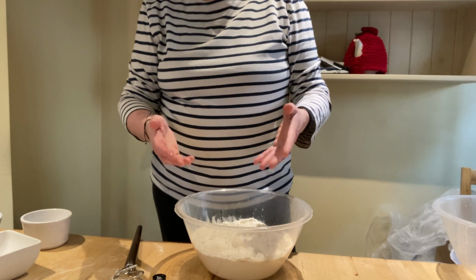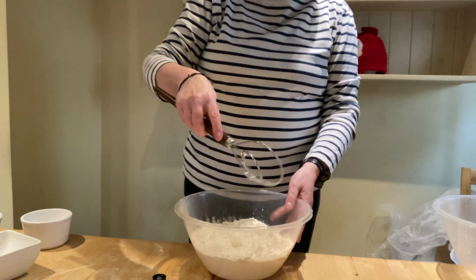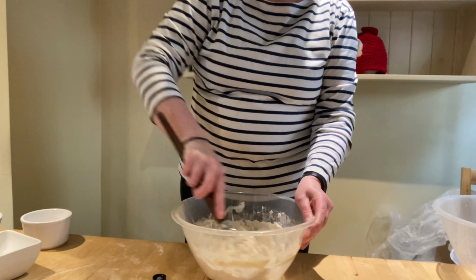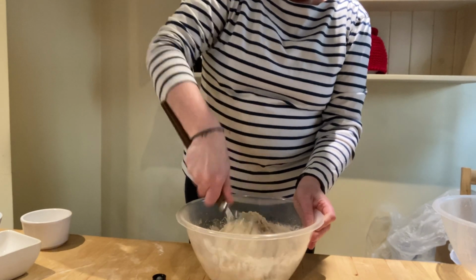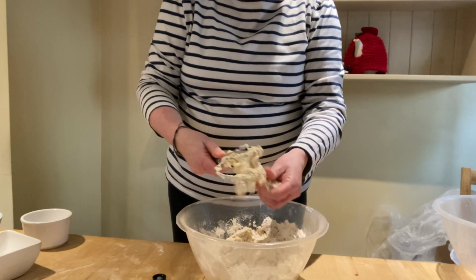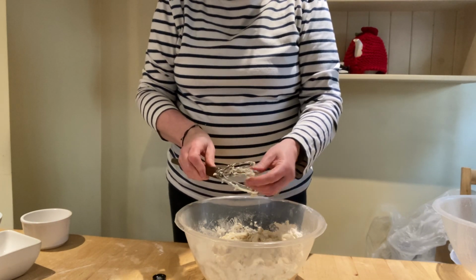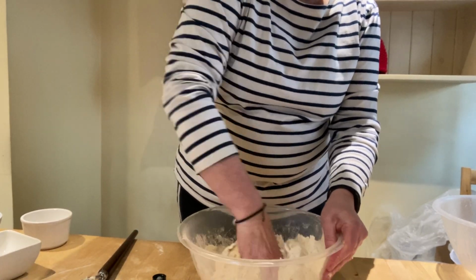You can either use a rounded knife as if you were making pastry, or you can get a Danish whisk, which is very useful for mixing dough. Okay, once it's all virtually come together, get your fingers in there, or you can tip it out onto your work surface. So let's just get all that off there. These are very, very handy gadgets if you're making especially a wet dough to bring all the ingredients together to start off with. So get your hands in there, bring the last of it together,